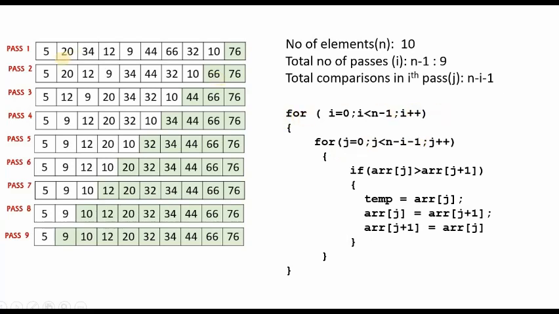I make use of an I loop which indicates the total number of passes that we are going to carry out on this array, that is 0 to n minus 1. N minus 1 passes will be performed on this array. The J loop is used to indicate the comparisons between the adjacent elements of the array. In each pass I am going to perform n minus I minus 1 comparisons. And this is how we are going to compare the elements, and if the first element is greater than the second element, we are going to swap their contents. This is the overall working of bubble sort algorithm.